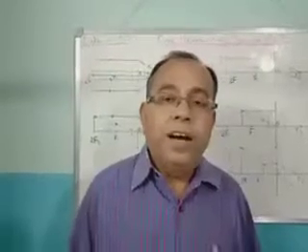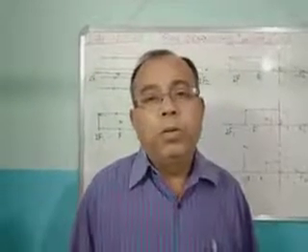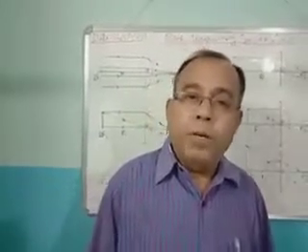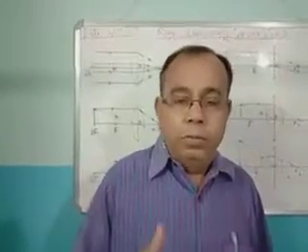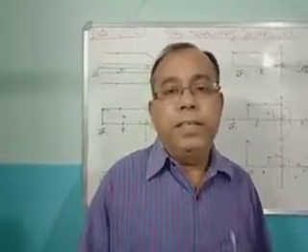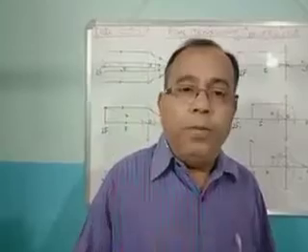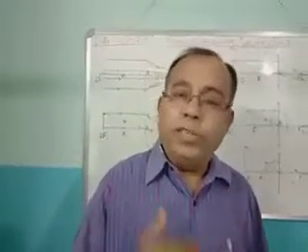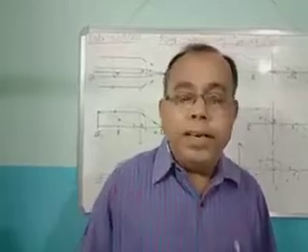Last day, I explained the rules for the ray diagram of a lens, and also how, from place to place, the positions, nature and size of the object and image will change. And today we'll discuss more regarding the ray diagram.